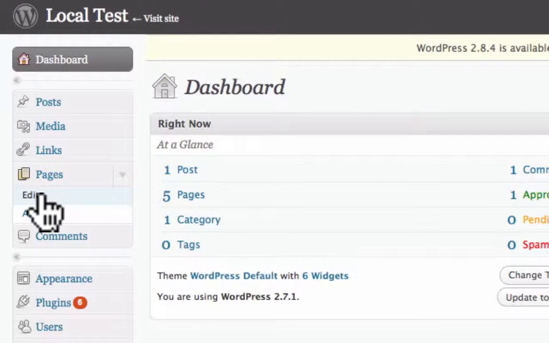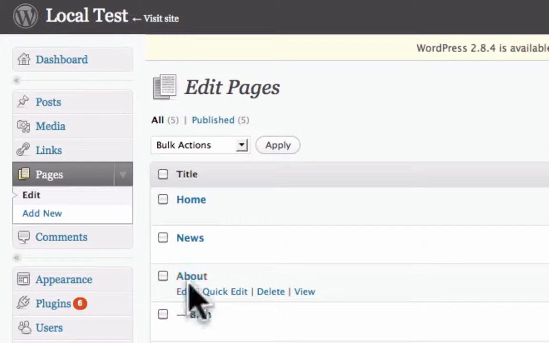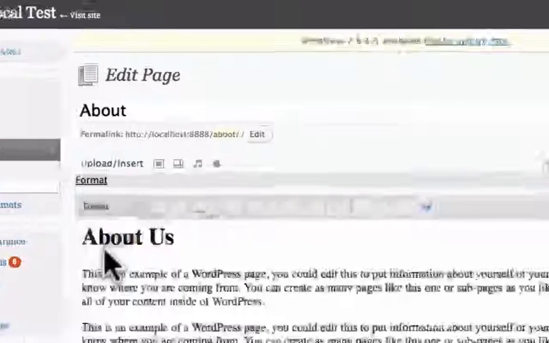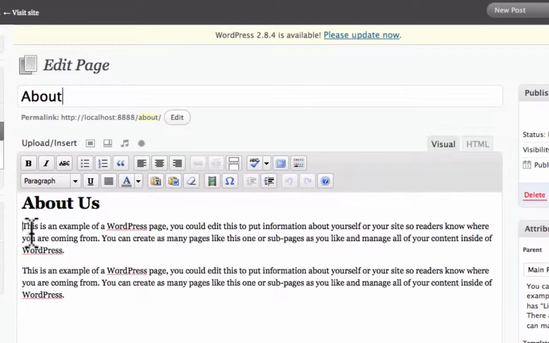Now, from your dashboard we'll come down here to Pages and Edit, and I'm just going to edit the About page. And here we've got a page with just some boring text on it, so let's put an image on it to dress it up. So what I'm going to do first is click at the start of this first paragraph here. The top of the image will align with this paragraph once we've finished. Now up here on the Upload Insert bar, I'm going to click Add an Image,